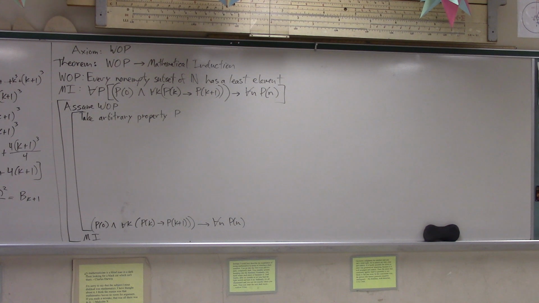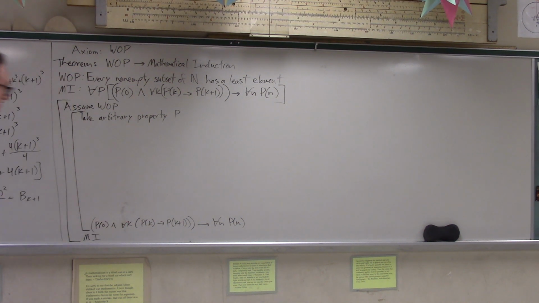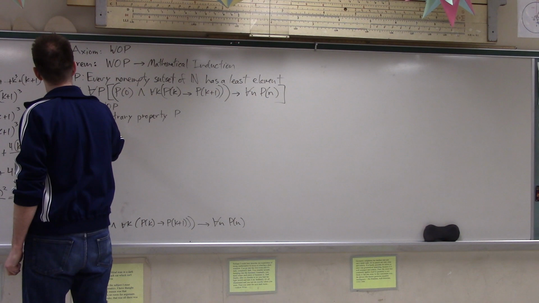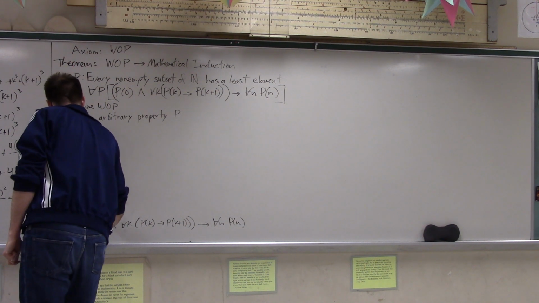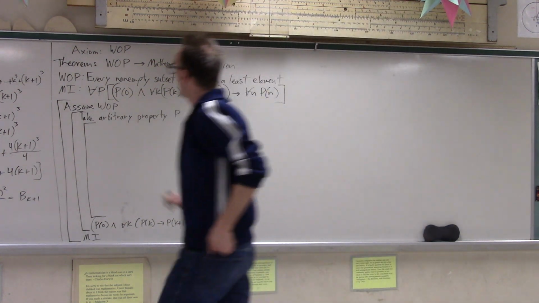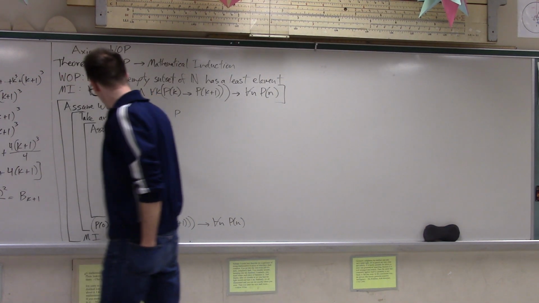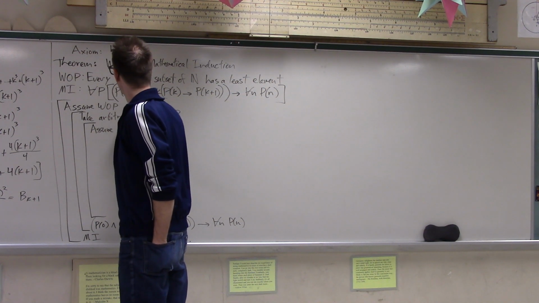Okay, how am I going to do this? Well, the statement that I'm trying to prove is itself a conditional. And since the statement I'm trying to prove is a conditional, the way to do it is to assume the antecedent and derive the consequence. And so I shall assume the very thing I'm trying to prove, that